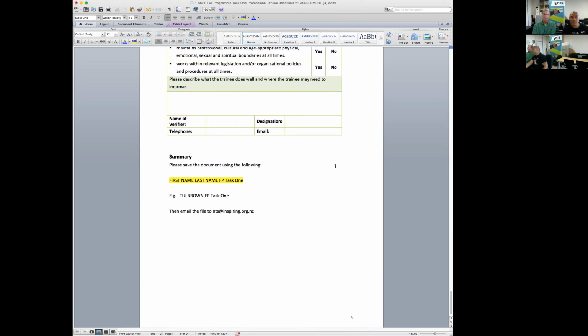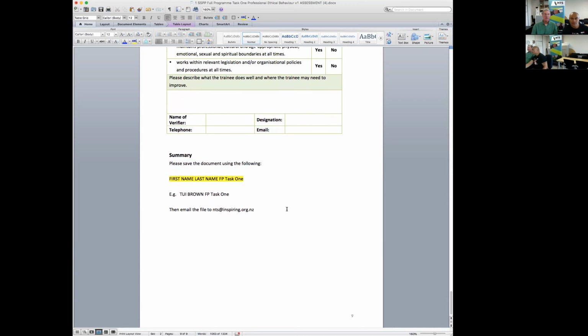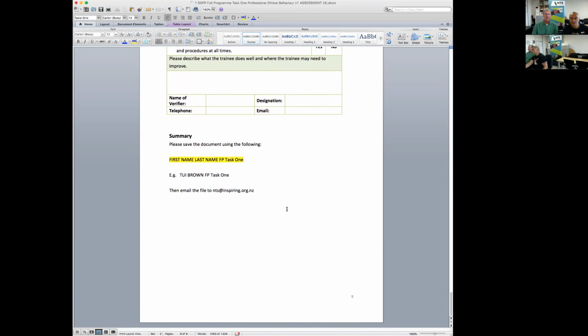So can people pass or fail this? You can't fail. You achieve if all your descriptions of what you do, based on what the questions are asking, meet the standard in the unit standards. But you might misread the question, for instance, and describe an ethical behaviour without really knowing what it is. So you've not quite understood what ethics is, and you've got the question not quite right. You won't fail.